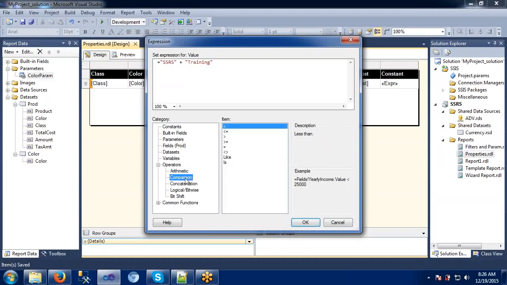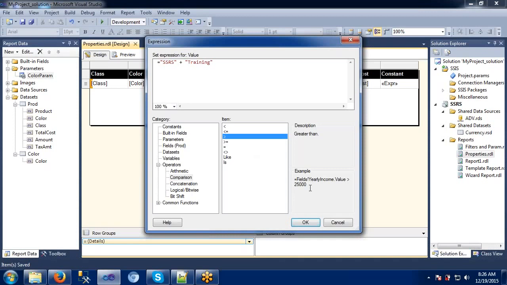Coming to the next one, comparison. We have seen this in the last session: display the records which are less than 700 or less than 800, using these operators in expressions. For example, if the field yearly income value is greater than 25,000, then we display only those records.